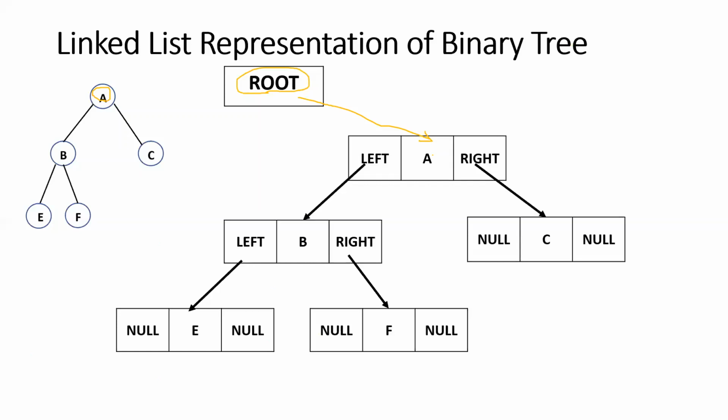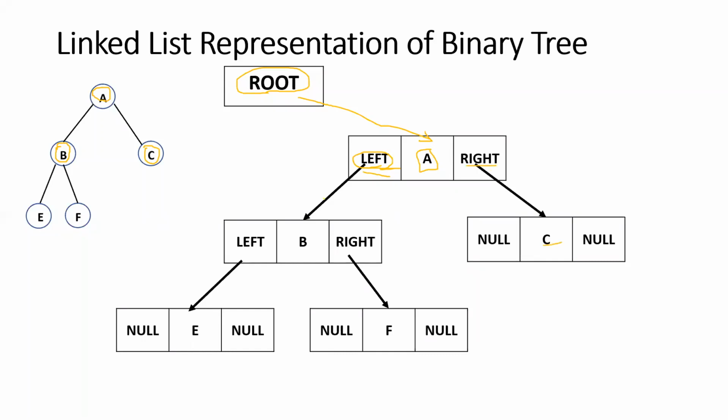So what is the information of the root node? Key value is A, right? So we will have A as the key value. In left, what address will be there? Tell me. What are the left and right children of A? B and C, ma'am. B is left, C is right. So the address of the B node, which we have constructed for the left child, will be stored over here in the root node. Address of the C node will be stored over here.